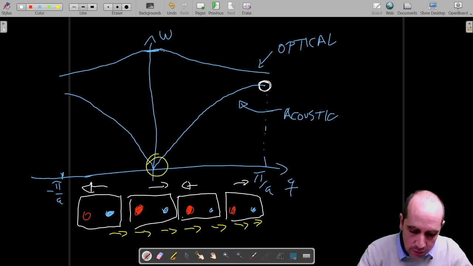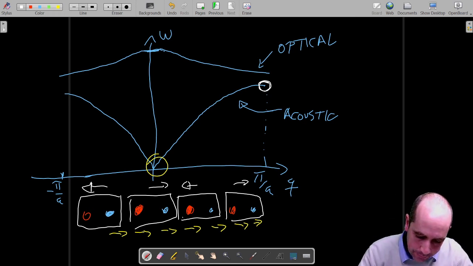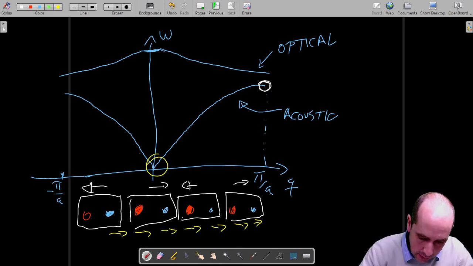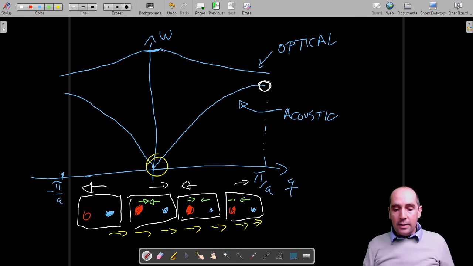So another possibility is that these atoms are also vibrating. Now I will use a different color. So for example, this atom is moving in this direction and this atom is moving in this direction, and the next atom will be moving in that direction and in this direction, and so on and so forth. Okay, this is a motion that